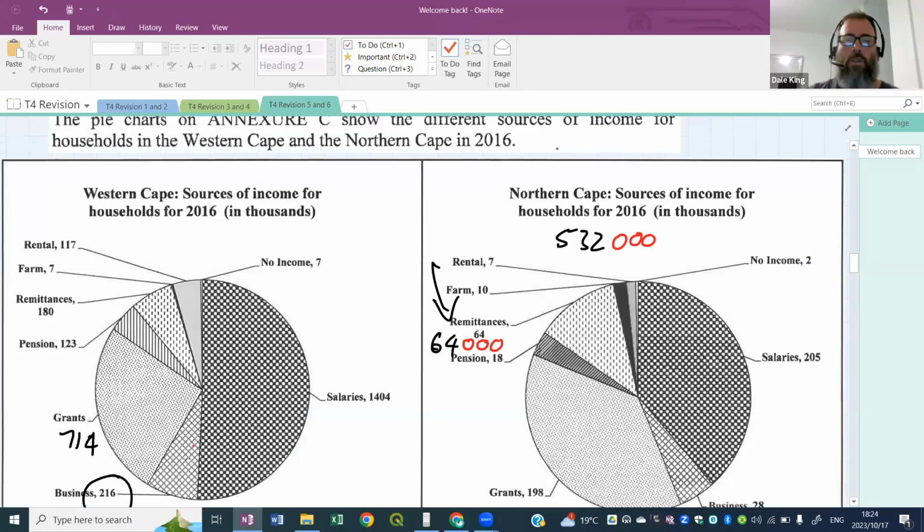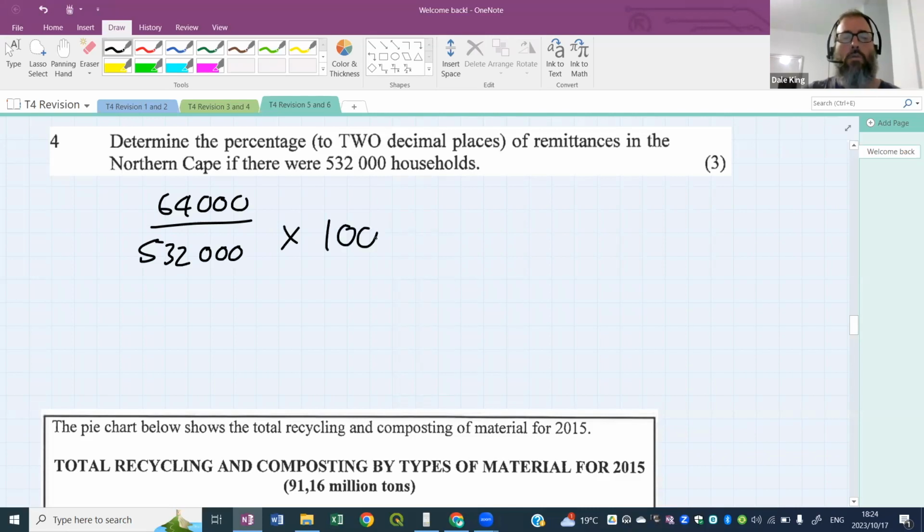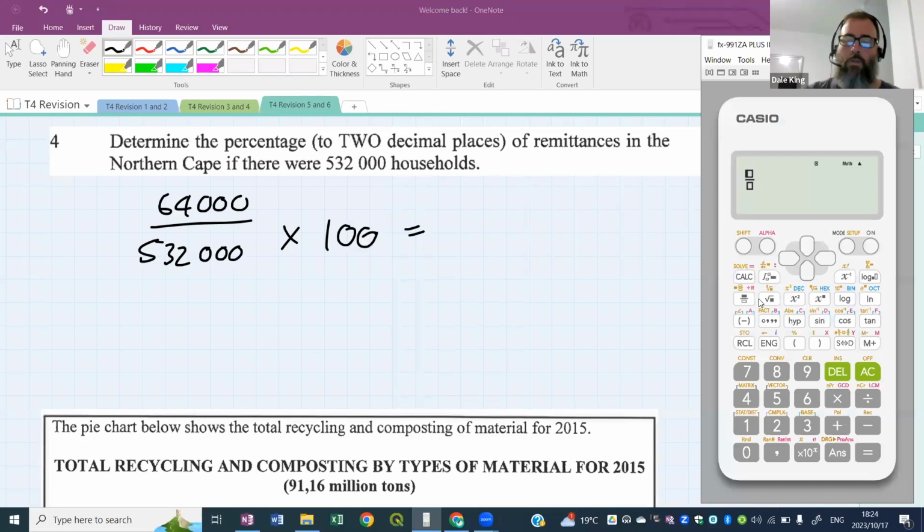All right, so I'll show you what it looks like. 64 and 532. So let's go down here. I'll write it down for you. So it's 64,000. I'm writing all the zeros now. And 532,000. So it's 64,000 of 532,000. And to get a percentage, I need to times by 100. So let's quickly do that. 64,000 divided by 532,000. And I want to times by 100. And that gives me